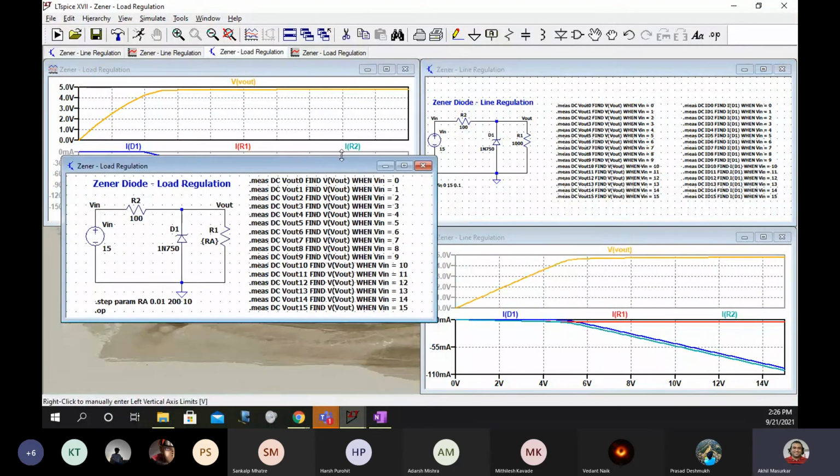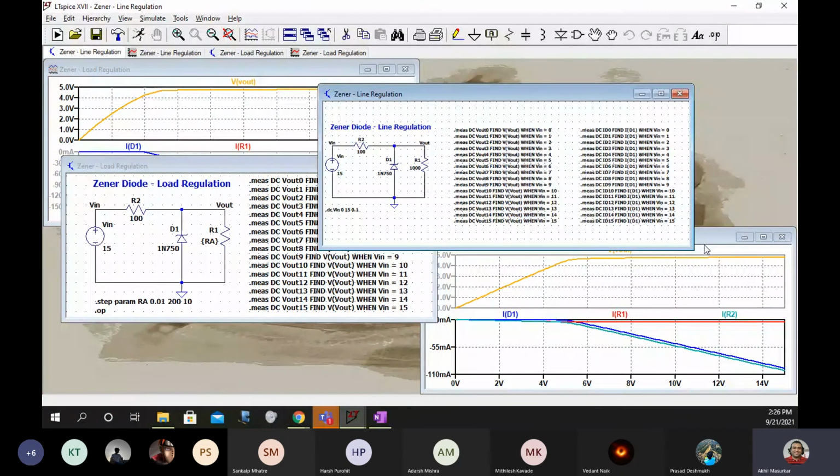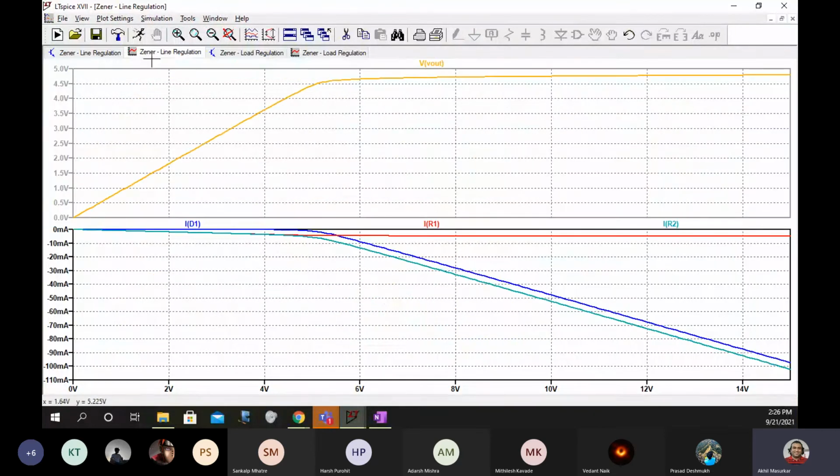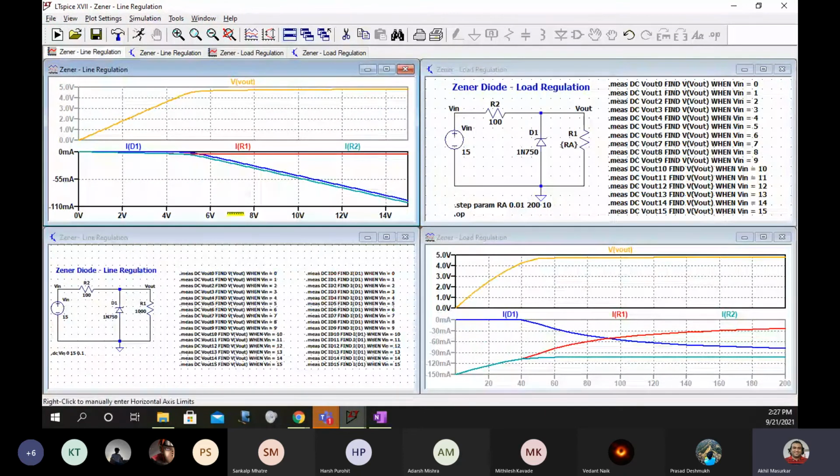Let us say these graphs are on top of each other or one is maximized, you can see these files. But now you want to arrange everything together. So you will use this option, tile windows. Once you say tile windows, it will tile everything perfectly. Now sometimes there is a crisscross, for example, this is line regulation.